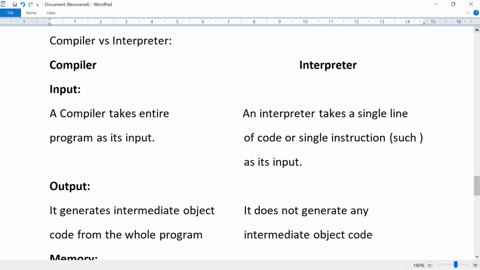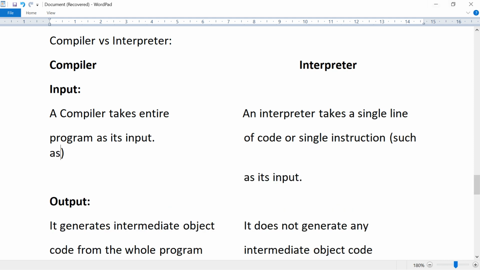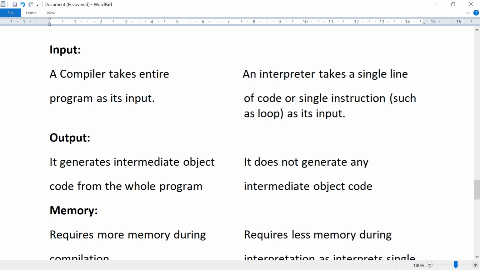An interpreter takes a single line of code or a single instruction, such as a loop, as its input. Output: a compiler generates intermediate object code from the whole program. An interpreter does not generate any intermediate object code.